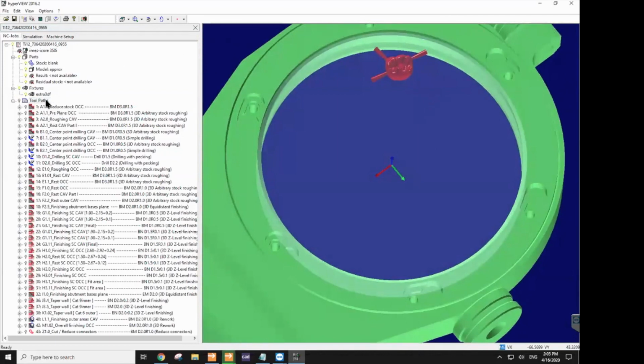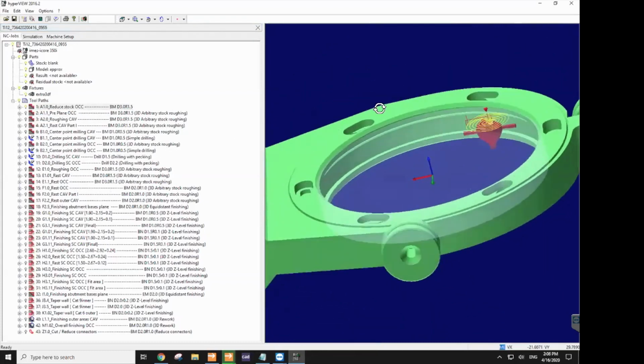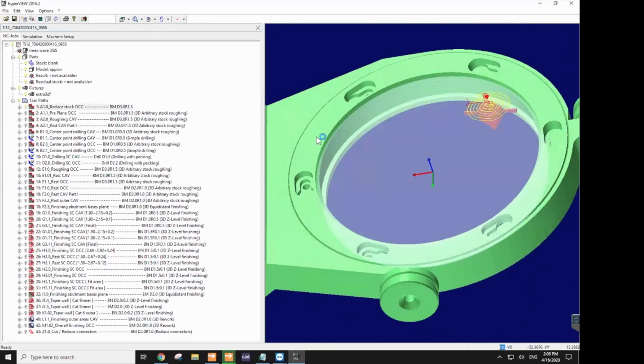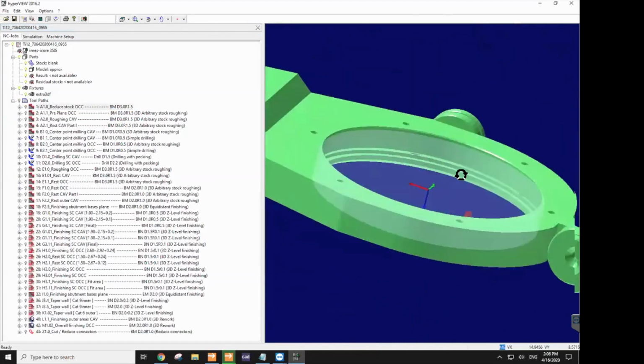So when you're going through this, one thing you want to take note of, each step has a different tool next to it, right? So if I hover over any one of these steps, let's say I want to look at some of this roughing right here. The second I highlight this job, it lights up with the yellow where the tool is actually going to go. Right. So what you want to pretty much do here is to check that everything is going where you want it